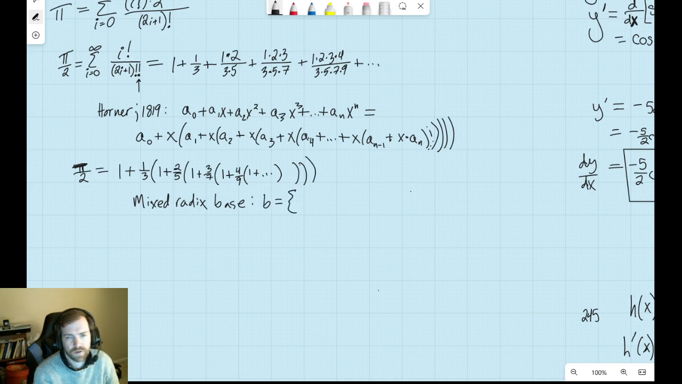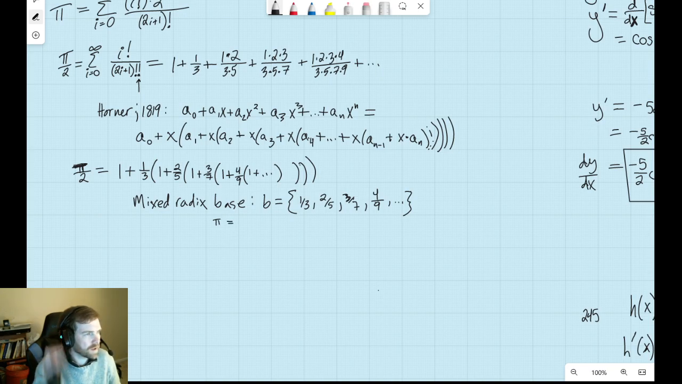B is then equal to 1/3, 2/5, 3/7, 4/9. We'll keep going on from there. Alright, so pi itself is going to be equal to, I think,